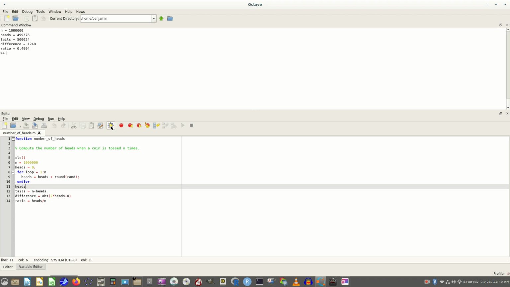And you can continue doing this. Again, 1,248 more, in this case, tails than heads. You get the idea. One more, and I think we can convince ourselves that even though that ratio is going to 50%, the absolute difference in terms of how many more of one of the tosses is than the other is actually pretty large,